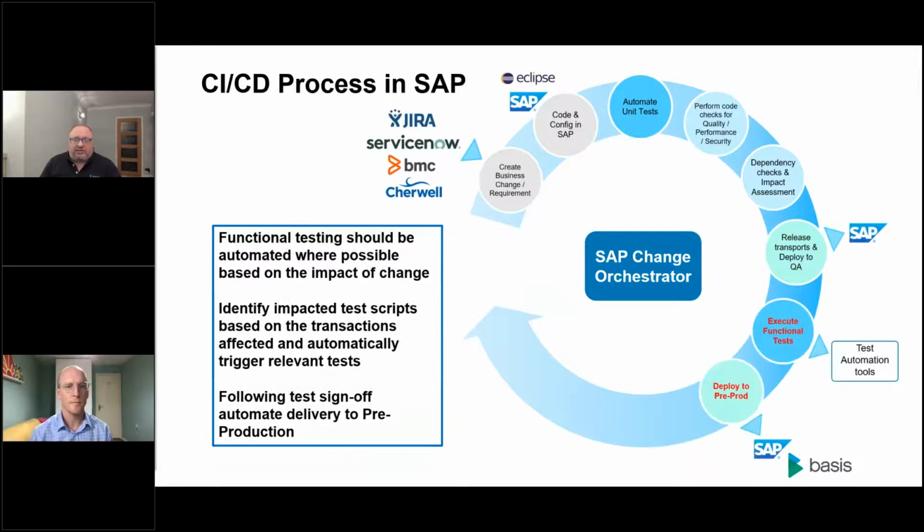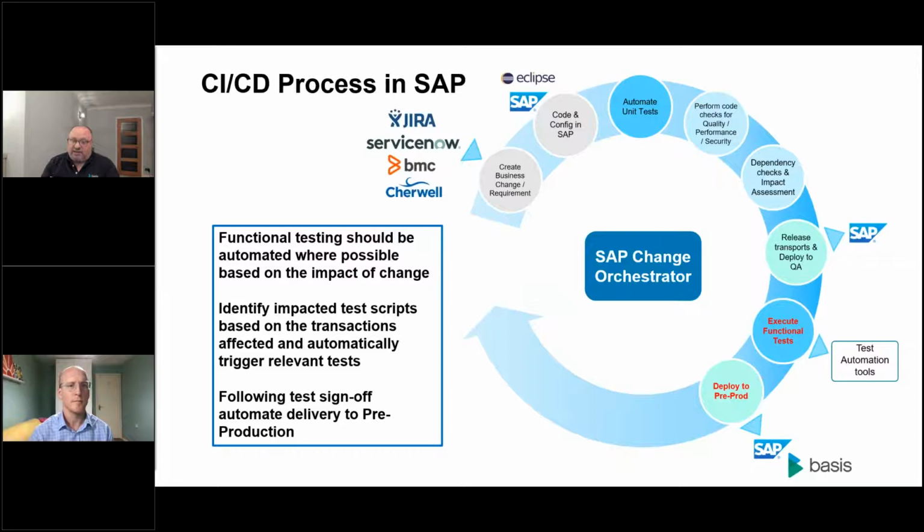And of course, once our change is in QA, then we're looking at testing that change. And once again, because our change orchestrator understands the real impact of every change, that gives us a really big head start. So if we're using traditional test automation tools, something like a Tosca or Worksoft, or a UFT, then of course we know what the impact of that change is, and we can pass that information over to those traditional test automation tools, so they can then